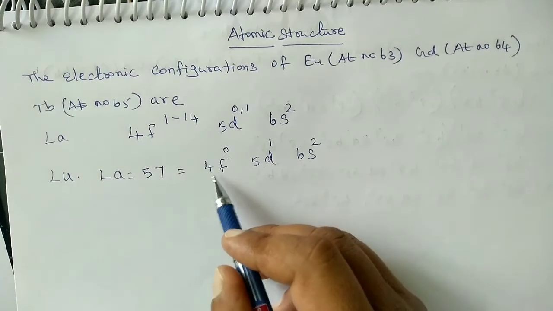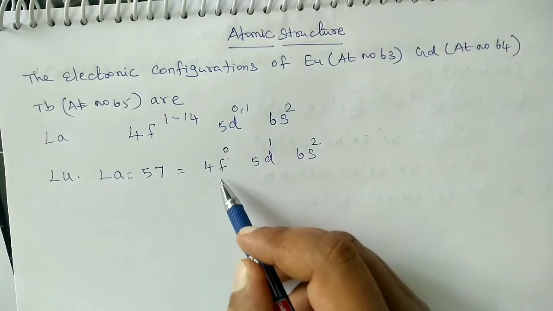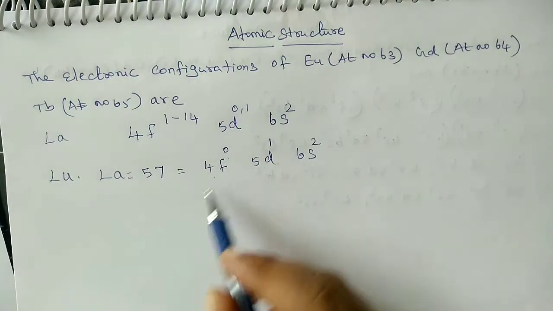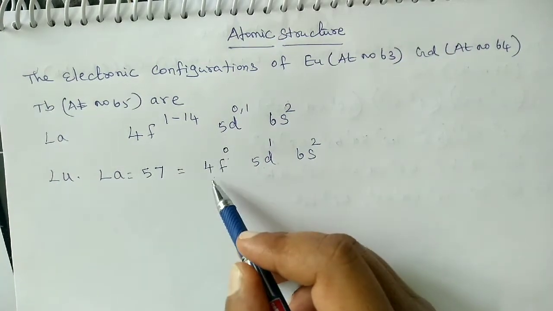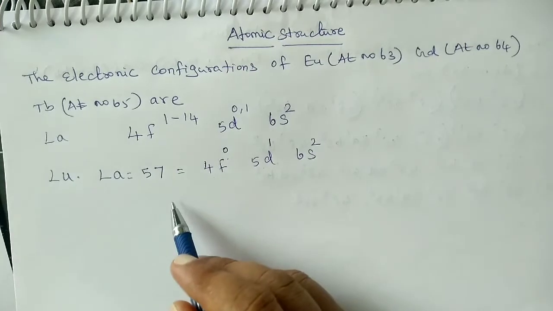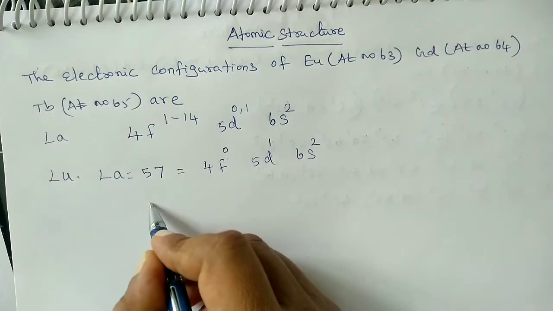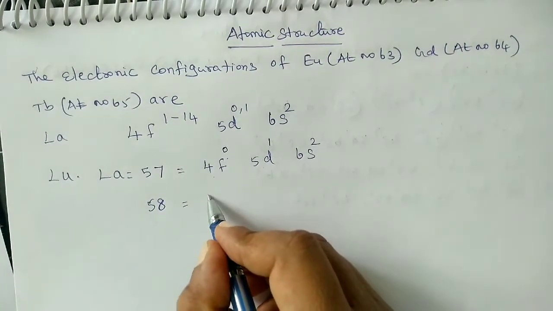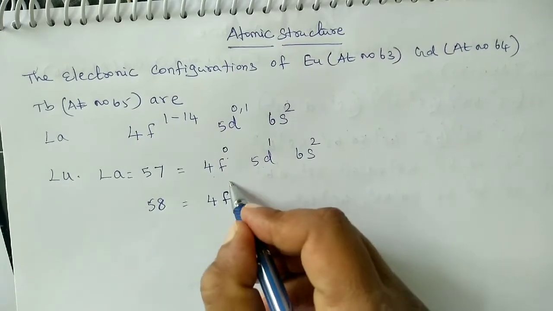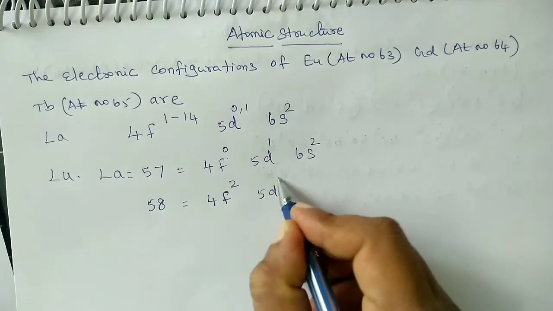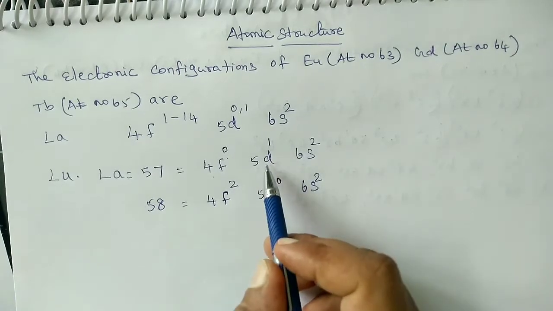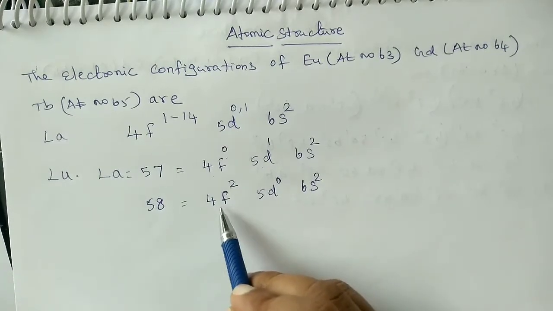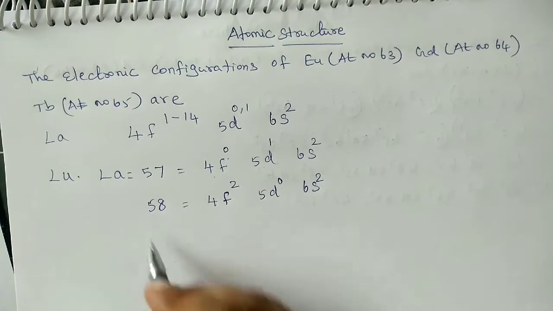Due to the absence of a 4f electron, that is an anomalous property of lanthanum in the lanthanide series. For this reason there is no f electron, but it comes under f block elements because it is an anomalous property. Next goes to cerium, 58. That is 4f2, 5d0, 6s2. The electron transfers from 5d to 4f, and the new electron enters the 4f only. There is no electron going to 5d.